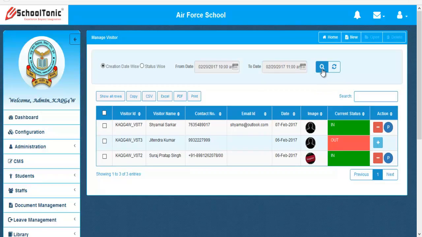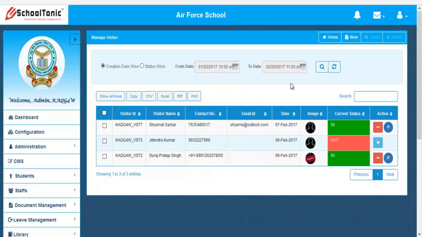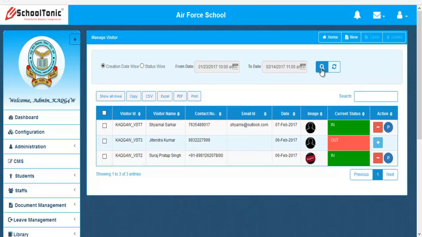You can also change the month of the from date and to date. Let's change the month and choose a date. And you can change the time and click on done. Now click on search. Then this particular window will show you the details of all the visitors who have been